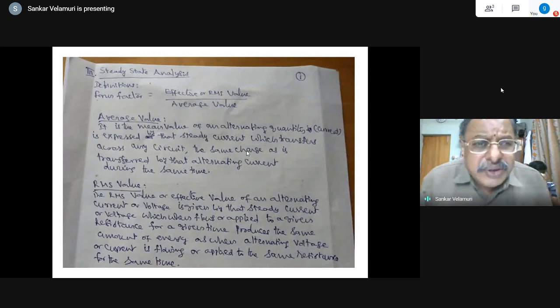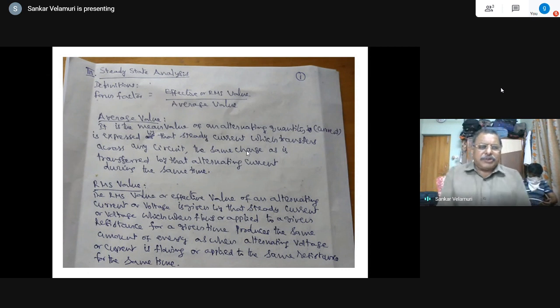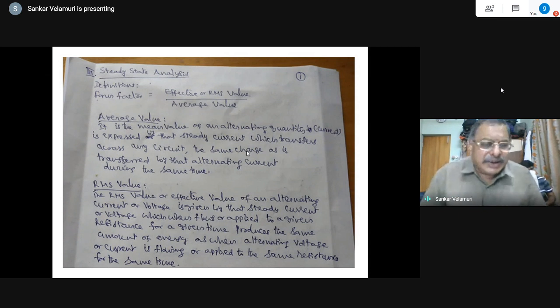So far I have just discussed KCL, KVL, source transformation and the basic properties of inductance and capacitance. Now this steady state analysis I have classified as the third unit. Today's topic will be based on steady state analysis, that is AC circuit analysis under steady state conditions. We are going to discuss the basic terminology, and the difference between scalar, phasor and vector. You will always get confused between vector and phasor, so I will just mention that.